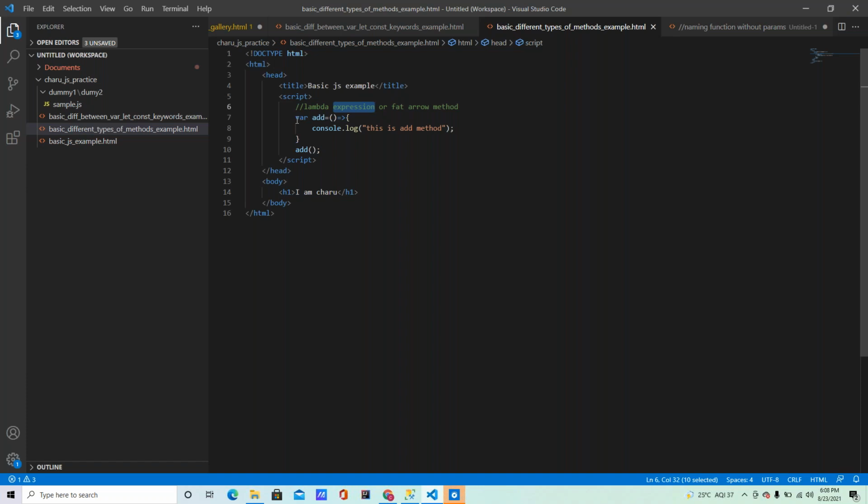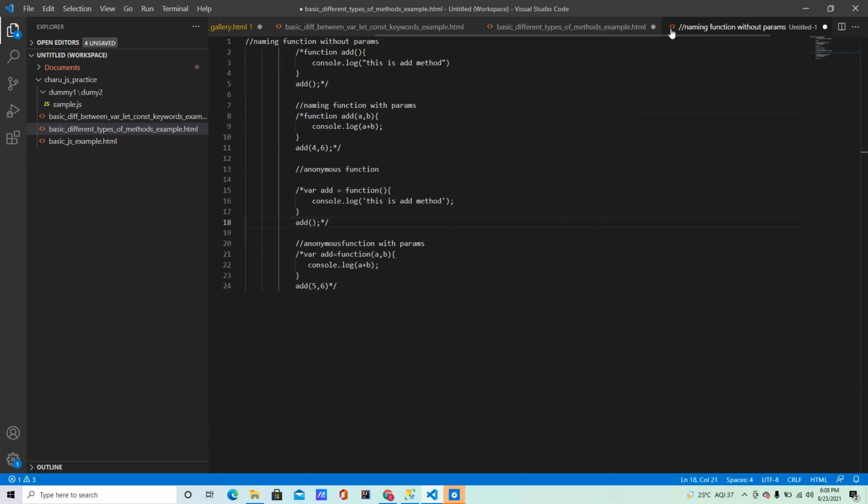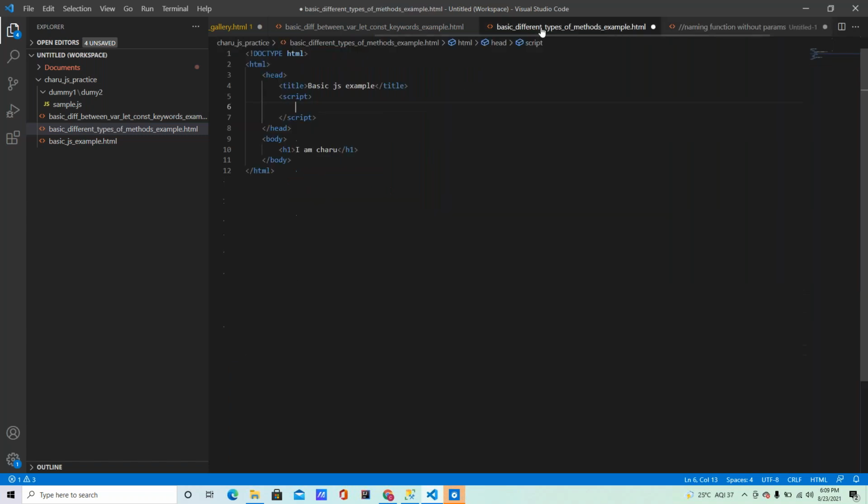Now, how to write the lambda expression with params? Right, now write the lambda expression, Charu, with parameters.